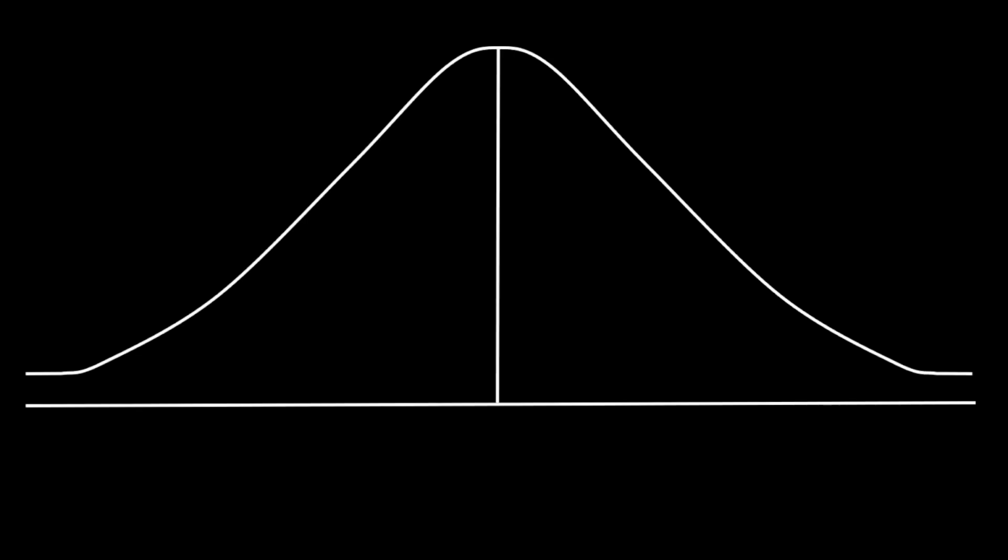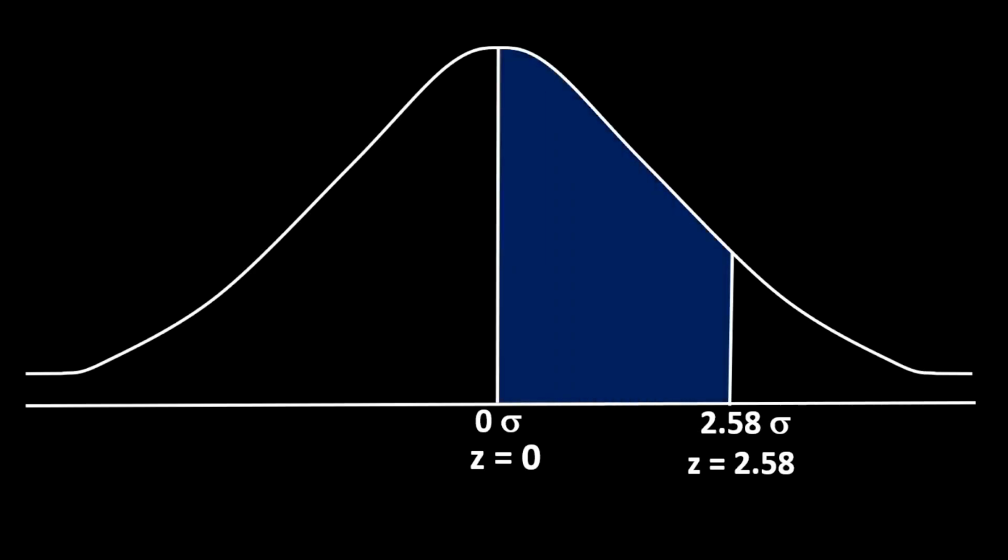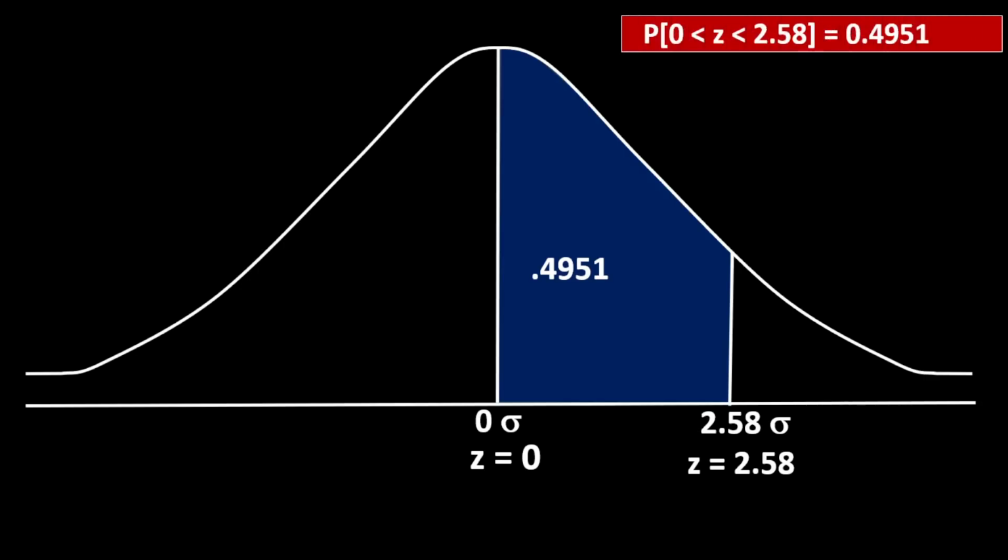Second typical area is the area between 0 sigma and 2.58 sigma. The area between these 2 points is 0.4951 according to the table, and it is written like this: probability 0 is less than Z is less than 2.58 equals to 0.4951, and